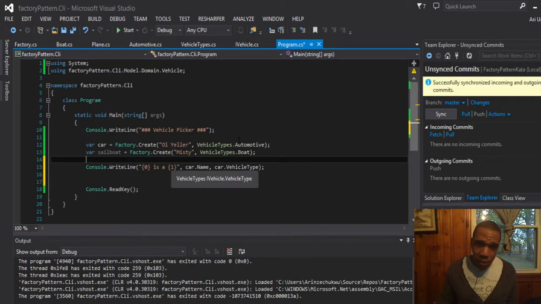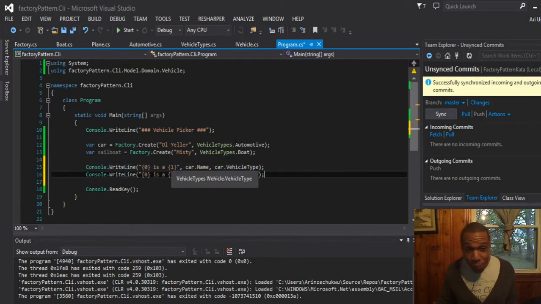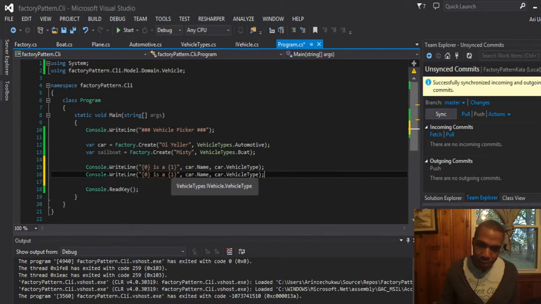Don't need a ToString on the enum. It's kind of an abuse of it, but it'll go ahead and ToString automatically, even though the primitive type of the enum is an int. So that's why it's an abuse. Other languages aren't quite that flexible with their enums. All right, so for this guy, I'm going to say that the sailboat's name